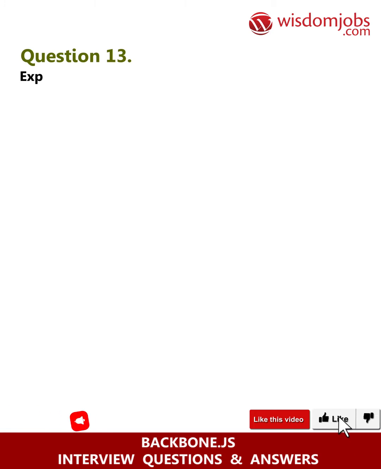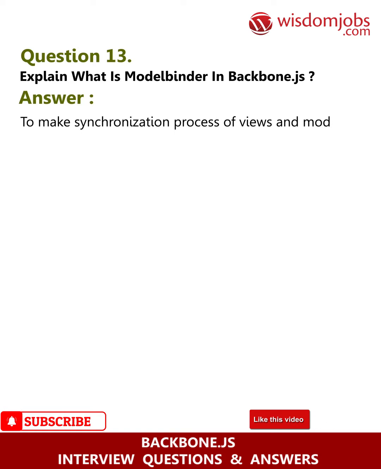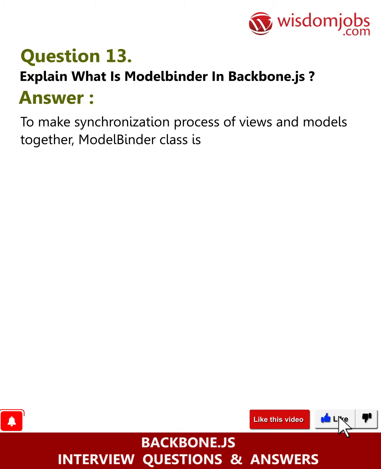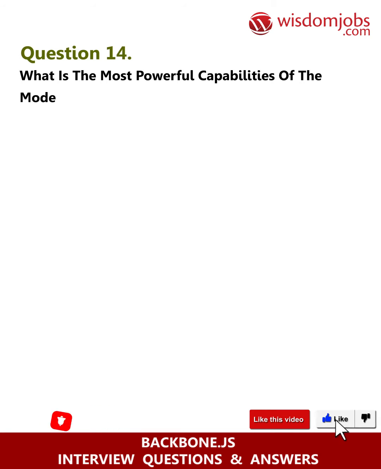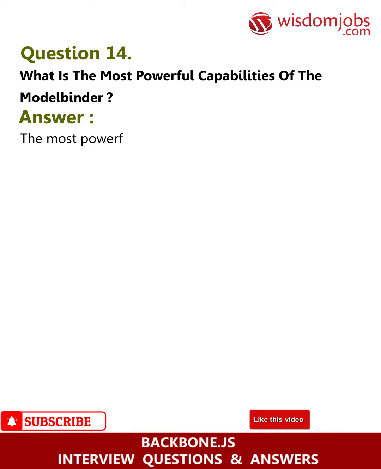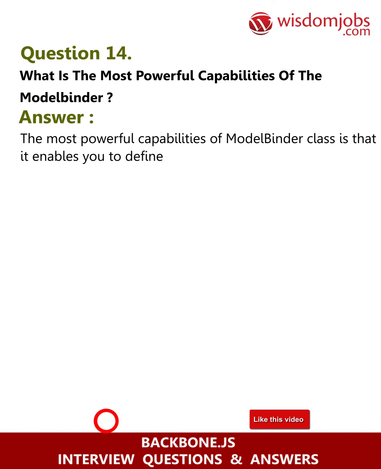Question 13. Explain what is model binder in Backbone.js. Answer. To make synchronization process of views and models together, model binder class is used. Question 14. What is the most powerful capabilities of the model binder? Answer. The most powerful capabilities of model binder class is that it enables you to define scope when you create